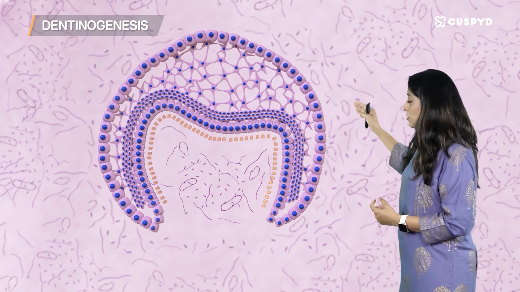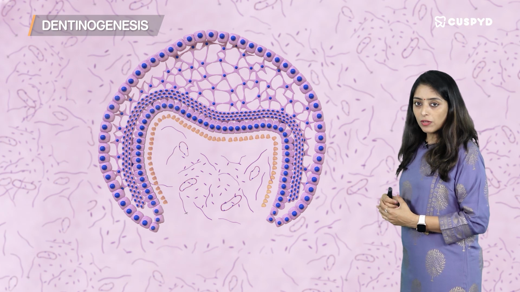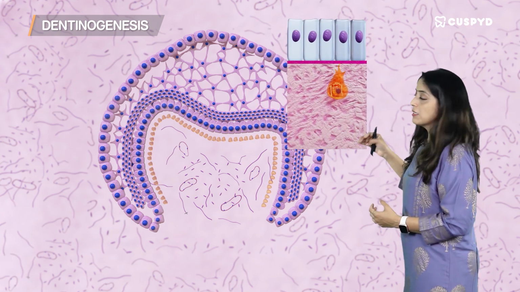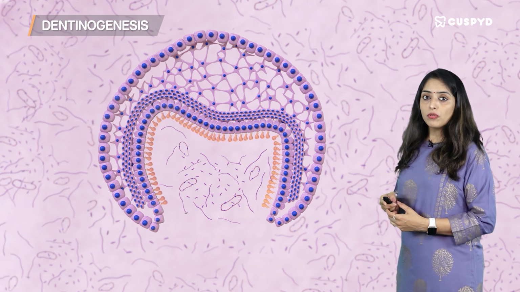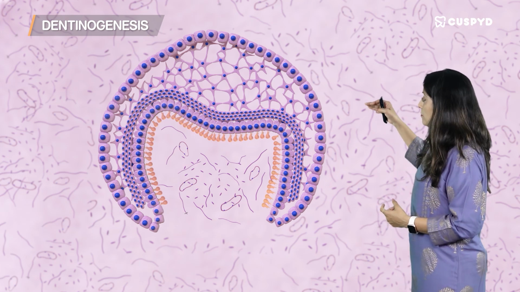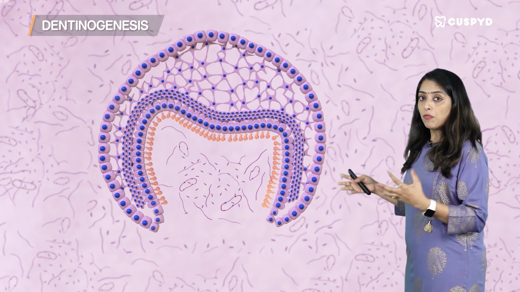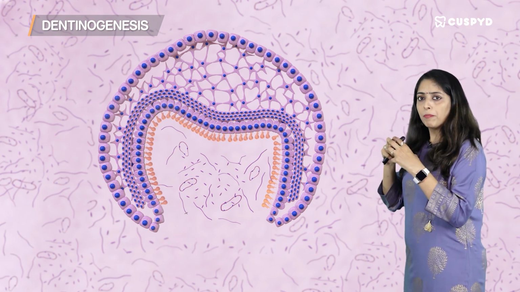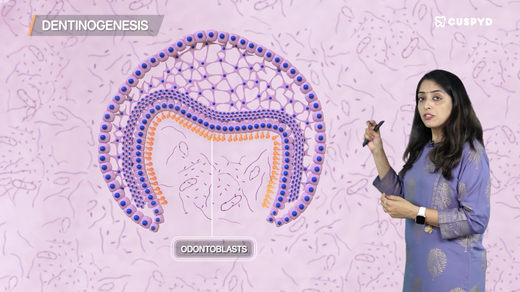So, the inner aspect of the enamel organ is where all these cells start getting organized, and these are the ones that start differentiating into odontoblasts. So, these odontoblasts differentiate, they multiply, so they divide profusely, and you have a big crowd of odontoblasts getting accumulated just beneath the